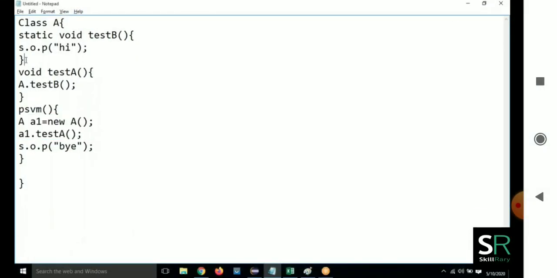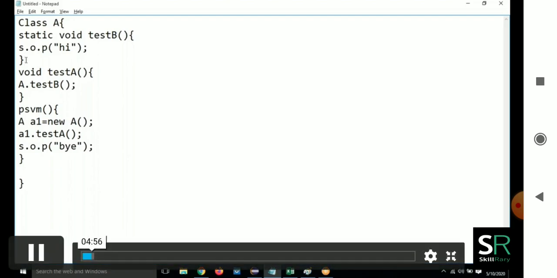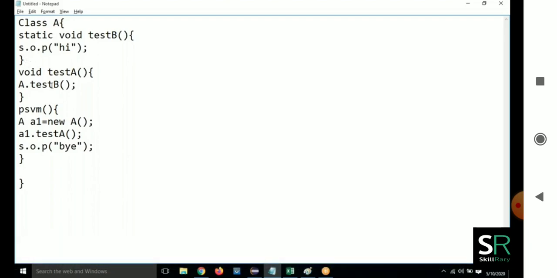In order to print, I can do it like this here also, or I can create an object and then call this method, the non-static method, that is the testA method. This method internally will call what? Let me not get confused. Let me repeat the same. Let me tell you what I have done.